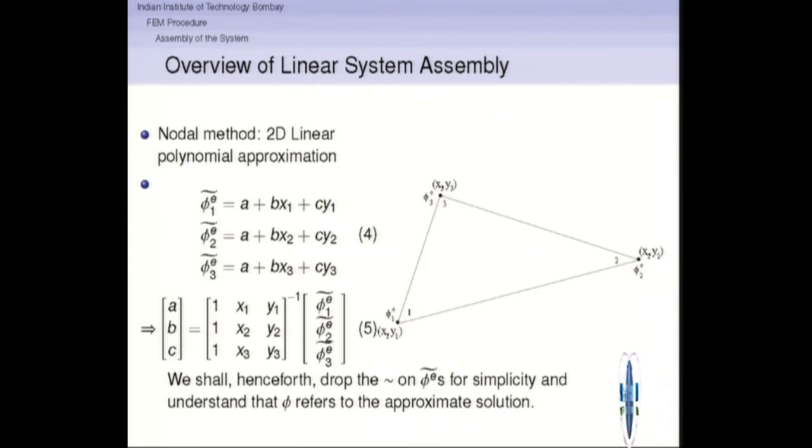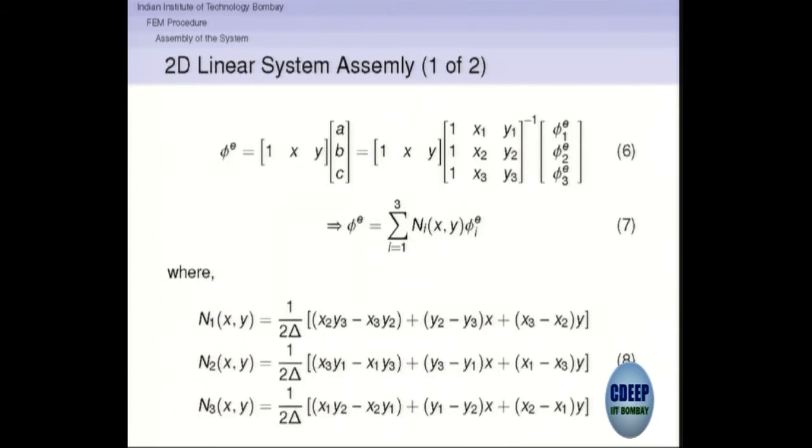So if phi is equal to, in general, phi is equal to A plus Bx plus Cy, right? So for all the vertices of that element, I can write phi 1, phi 2 and phi 3 as given there, is it not? Do you all agree? Right? Then you can actually find out ABC as given there. You can actually do mathematical matrix, take inverse and do this. And then what is done is that phi for element is A plus Bx plus Cy, is it not? That's how we started.